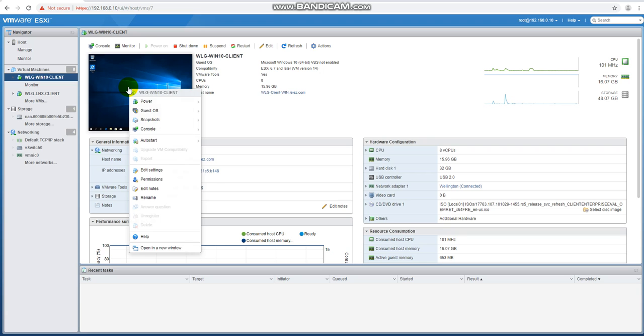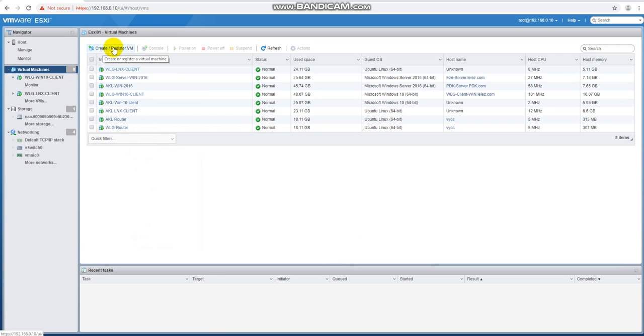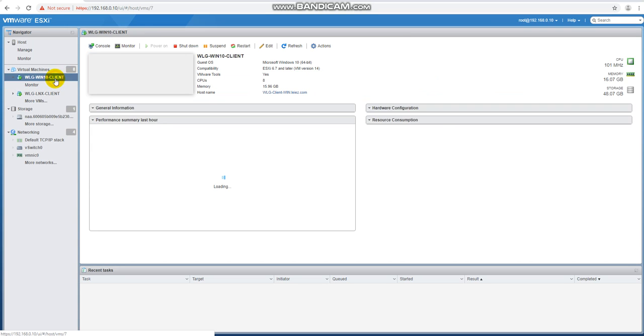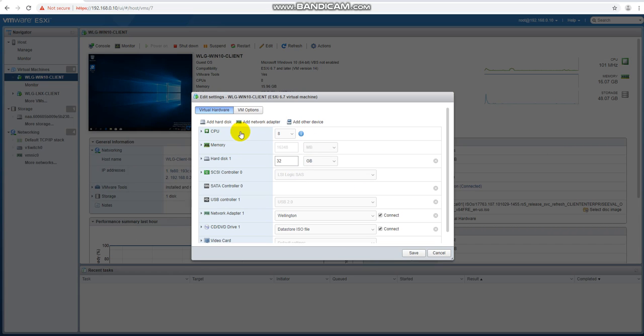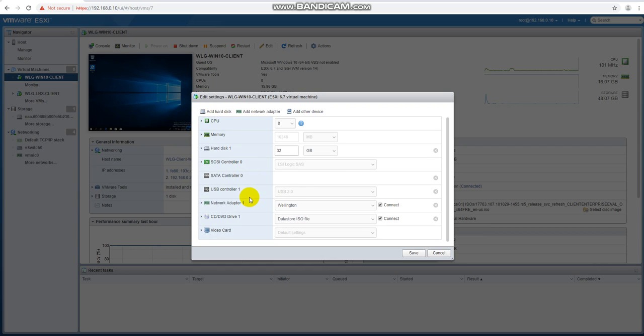Firstly, I went to virtual machines and created or registered a virtual machine, and then I'll show you the settings I have configured. So I gave the Windows 10 virtual machine 8 CPUs, a RAM memory of 16 gigs, hard disk 32 gigs, left these two as default, and USB controller 1. The network adapter 1 that I am connected to is Wellington,